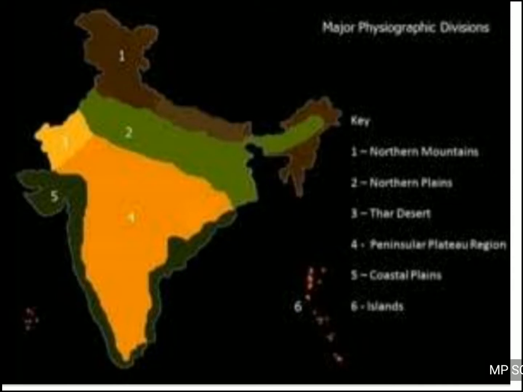And it is on both sides of the peninsular plateau, in the eastern side and also in the western side of the peninsular plateau. And the sixth one is the islands. Yes, we have islands also in our country, and the islands are separated from the mainland of India. They are in the ocean in the southern side, on the eastern and western sides of South India. You can see that on the eastern side we have the Andaman and Nicobar Islands, and on the western side we have the Lakshadweep Islands. So let's see all of them one by one.